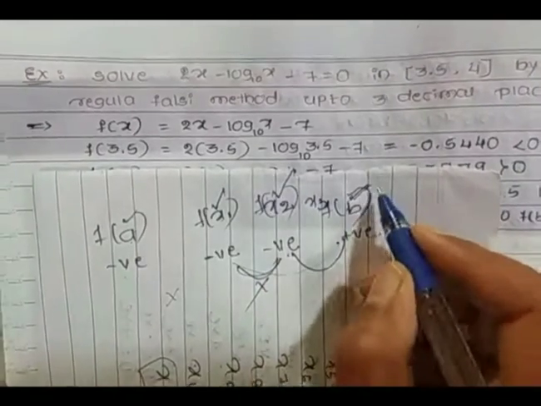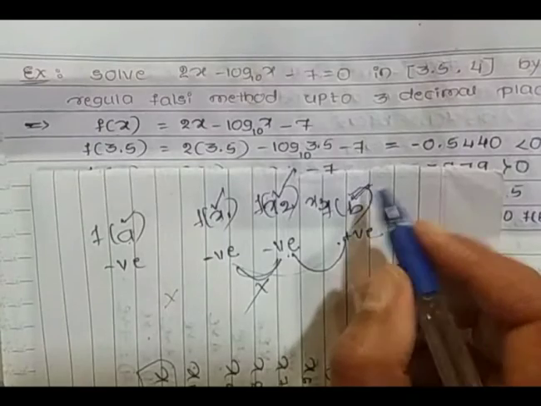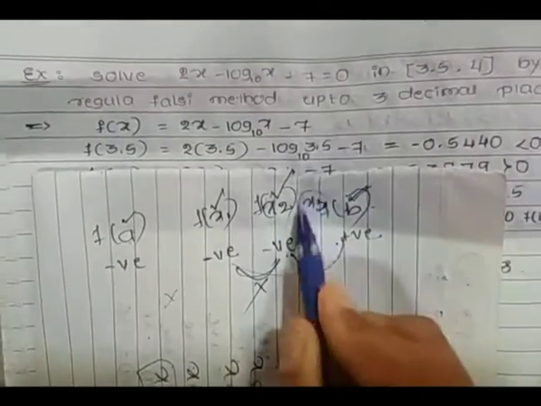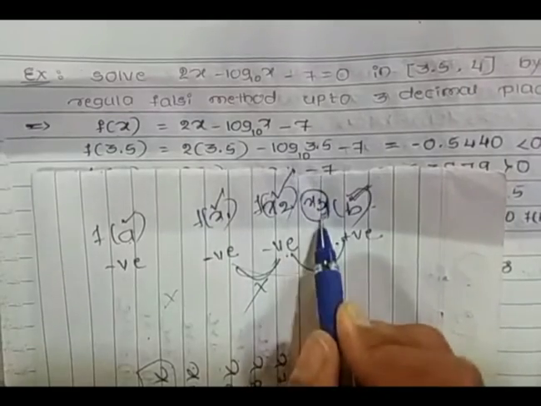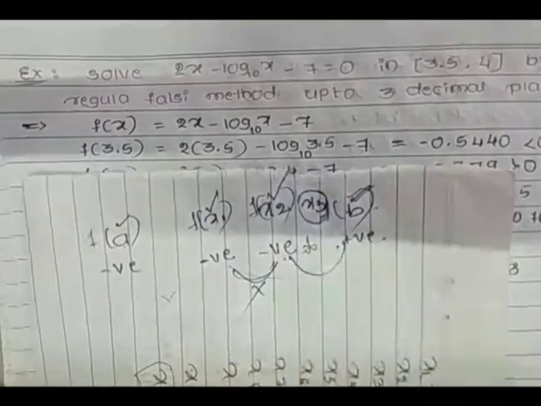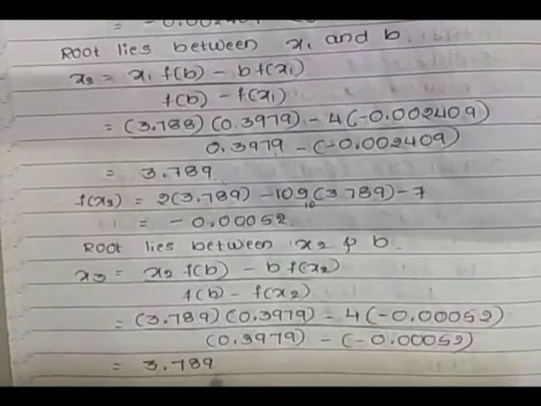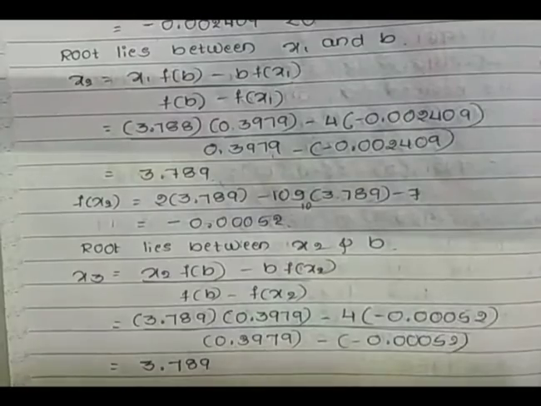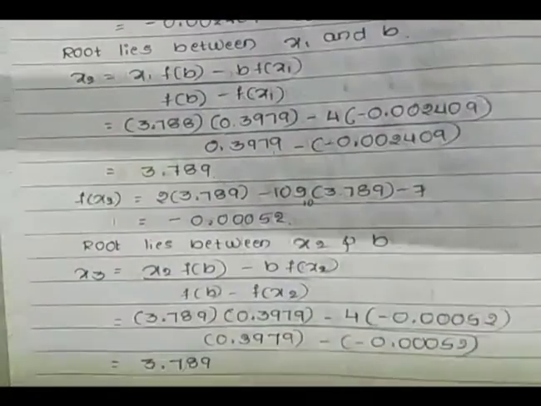So to calculate third approximation, taking root lies between x2 and b, directly we calculated x3 answer, and what we observed means x2 and x3 both the answers are same. x2 answer and even x3 answer both are same, therefore further simplification is not required. So this is about